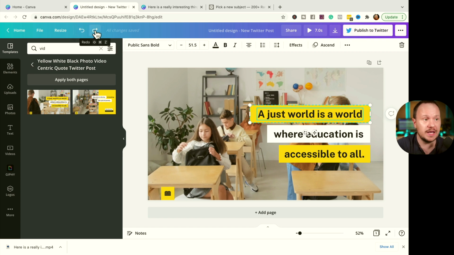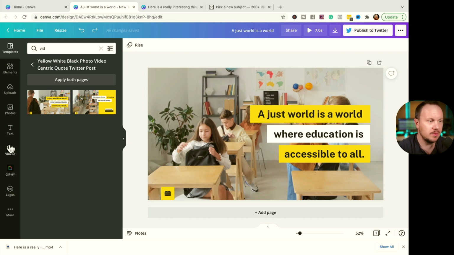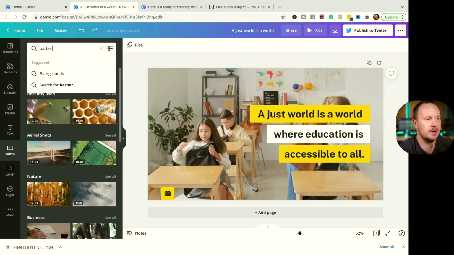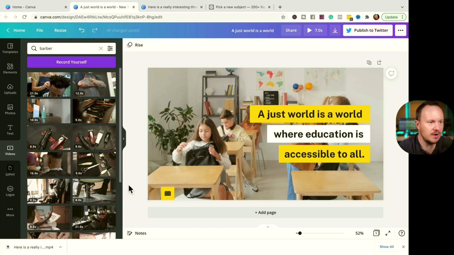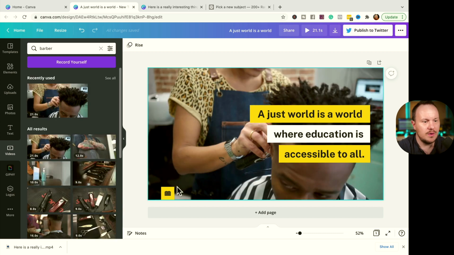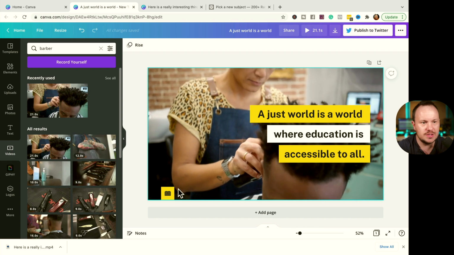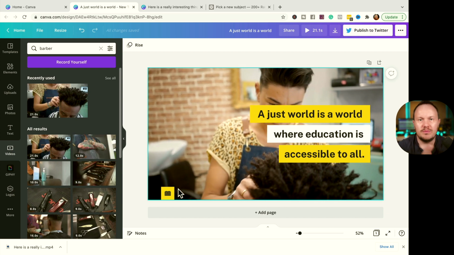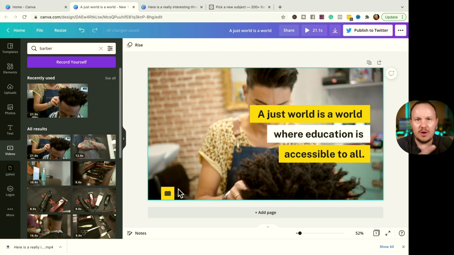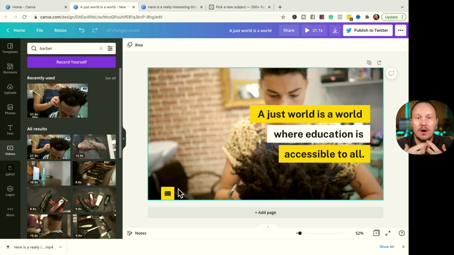Anything you hover over in Canva will show you the quick key so that you can memorize those and get even faster in Canva. So now I would put something in here that has to do with barbering, and then I would find a barber video. So then again, we come down to videos and we type barber. You could also find hair or whatever that is, and we just pick a cool video. And now we have a cool stock image about, whatever it is that is relevant or similar to our podcast